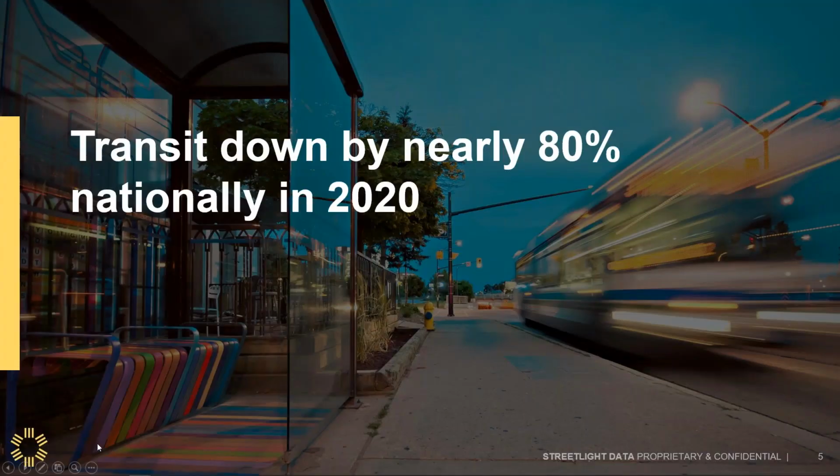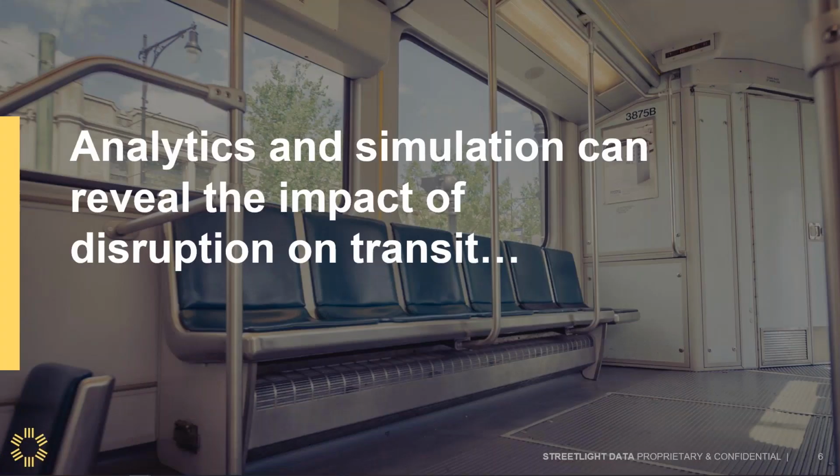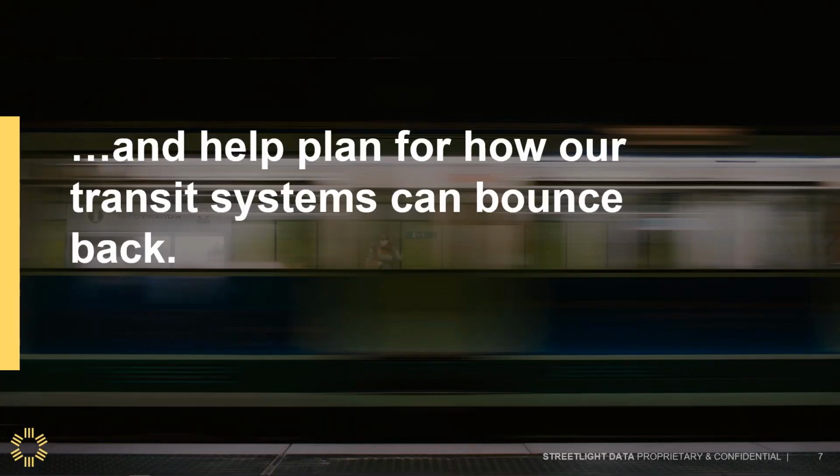So let's get started. We know that the pandemic has had a huge effect on transit nationally, and transit systems have had to cut back on services and rethink their networks. The right data can help in two ways. First, historical and current data can help planners pinpoint exactly where ridership changed and important details of how it changed. And second, analytics can identify potential for future optimization. Simulations can reveal new opportunities for optimization that can enhance ridership and revenue while minimizing the expense of adding routes and equipment. That's what we're going to be talking about today.